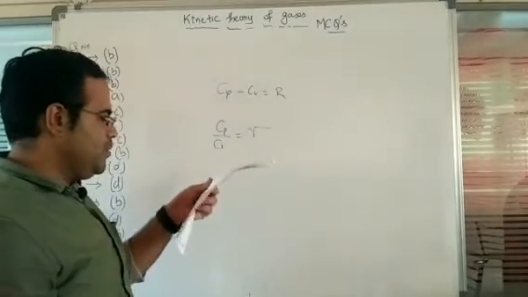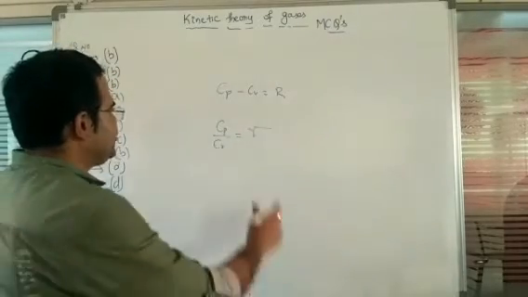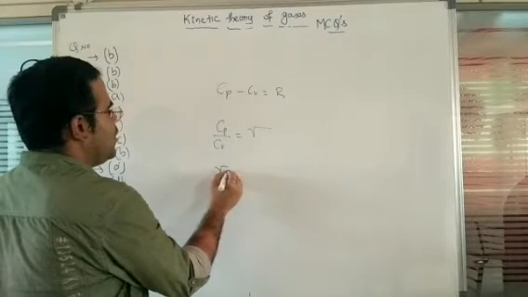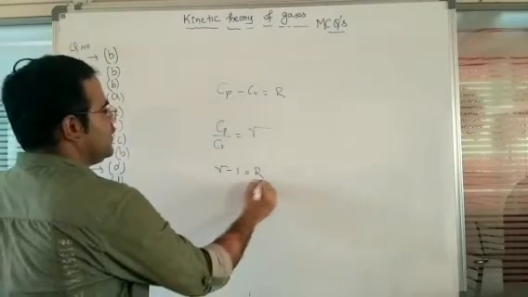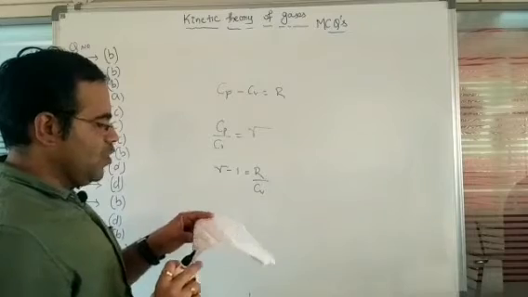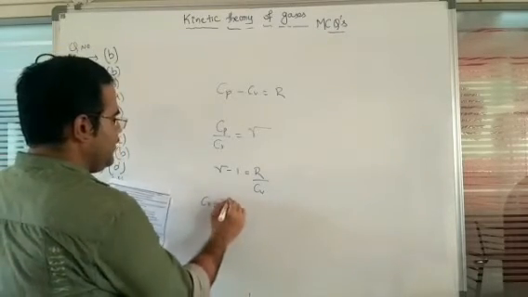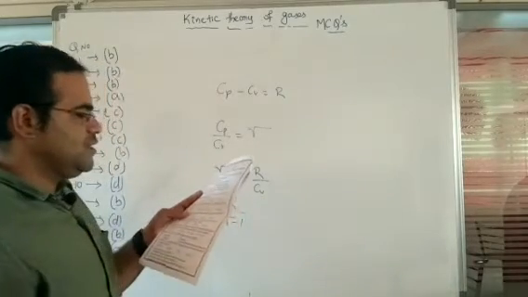Gamma. So Cp divided by Cv is equal to gamma here, and in that equation we can write gamma minus 1 is equal to R value divided by Cv. Now in that one, we are going to observe Cv is equal to R divided by gamma minus 1. So this is the equation.